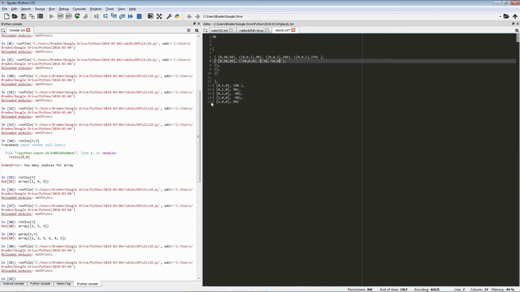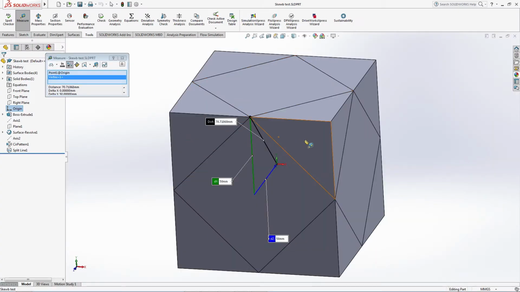And that should be our triangle. Now let's make triangle number 2 be this one right here. So that means we're going to rotate around the z-axis by minus 90 degrees. And the reason it's minus 90 degrees is because I'm using a right-handed coordinate system, which means that if you